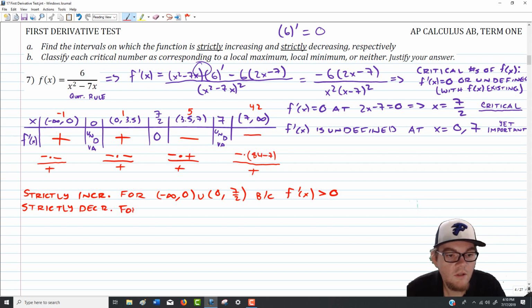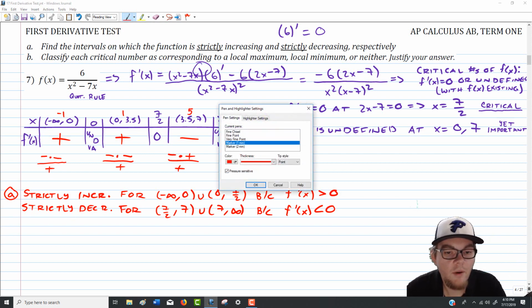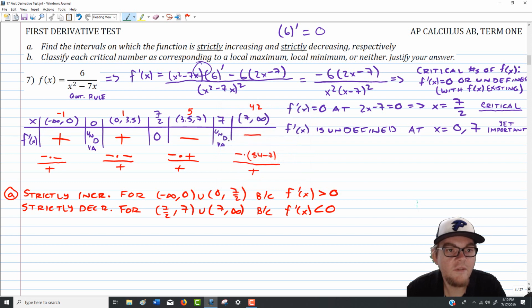And it's going to be strictly decreasing from 7 halves to 7 and 7 to infinity, and the reason is because f prime of x is less than 0. So that answers part A in a sense. I don't think I even marked that on my assignments as A or B. So there's part A. The second part looks like it's going to take a little while, specifically because we're asked